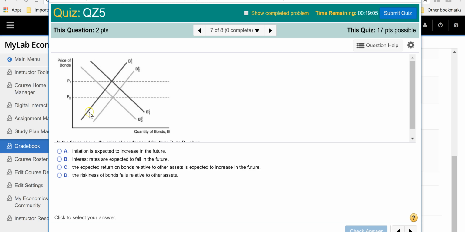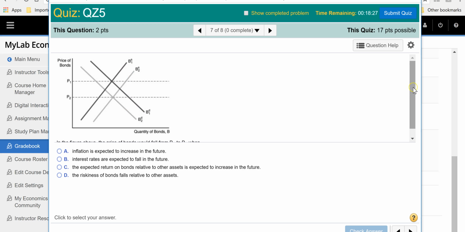You can see that B subscript 1, superscript S, that's the supply curve, and B subscript 2, superscript S, that's the new supply curve. So B1 is the old supply curve. And the same is for the demand curve, which is downward sloping, from B1 to B2 here. From this chart, you can see that the supply curve shifts to the right